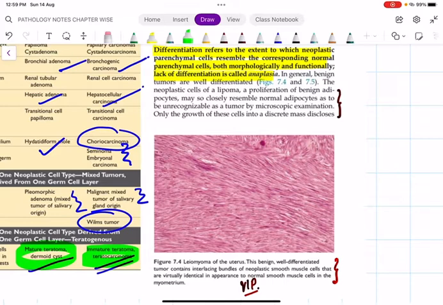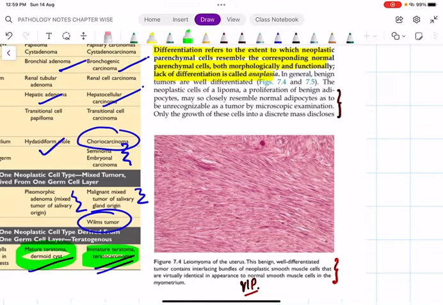But once you look at this picture, you will see that this looks almost like a normal uterus. So what does this mean? This means that this tumor is well differentiated. Well differentiated means it looks almost similar to the normal histology of a uterus. That is what we call well differentiation. What is the importance of knowing whether it is well, poorly or moderately differentiated? It helps in prognosis. Well differentiated cancers have always a very good prognosis, and they respond very well to